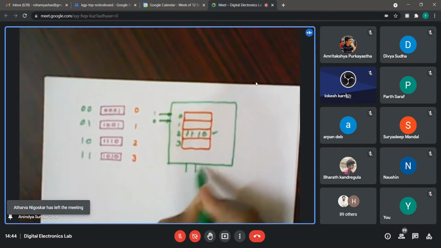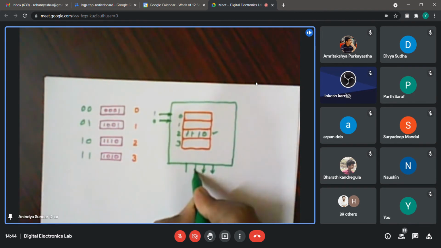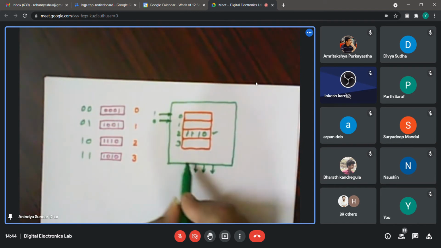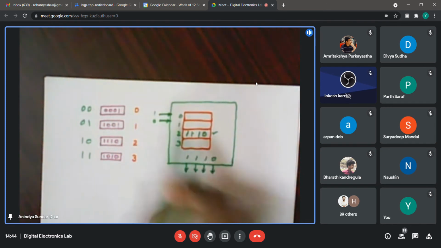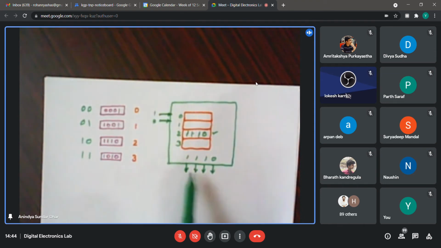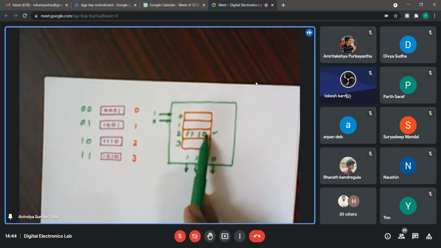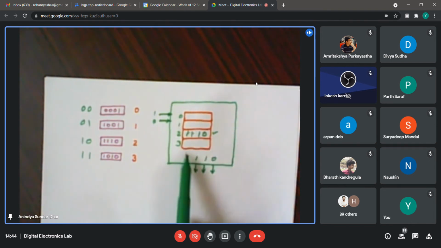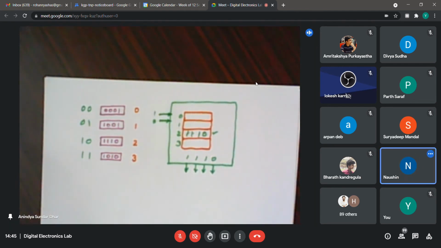So if there are 4 output lines, whatever is the structure inside, if I say that manually you can turn them 1 or 0, then you read that and you make these lines 1110. So I do not know what is happening inside this box. I just issue this value 1 and 0 and I'm getting 1110. So inside you are decoding this one and looking at a particular register, seeing whatever is the content, you are communicating this content to the external data bus. So up to that point, is it okay, or is there any confusion?